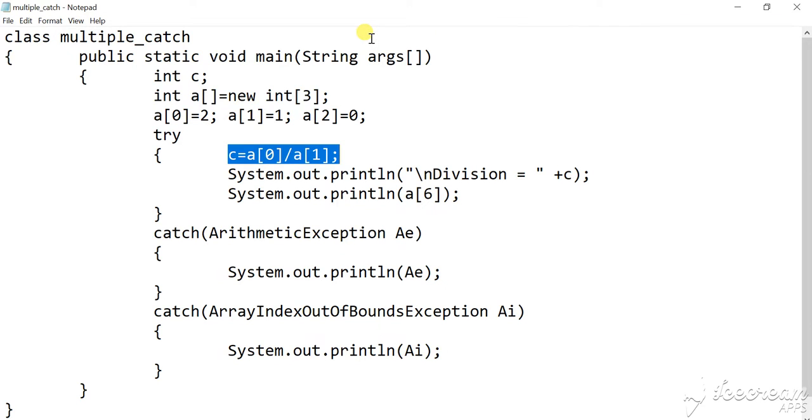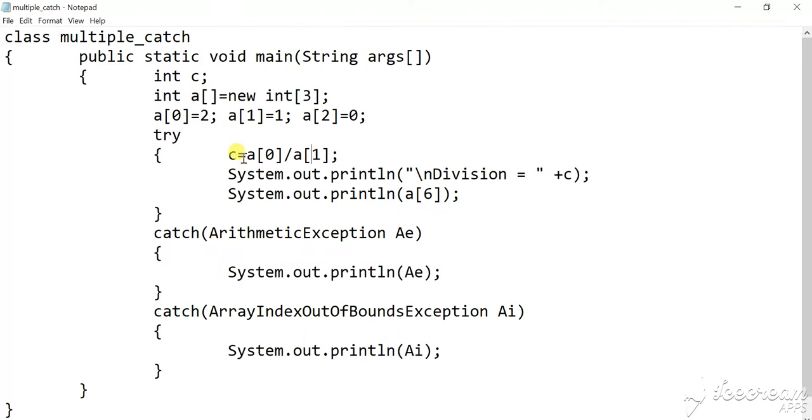So what are the two types of exception that can come here? First, any of the array values can be 0. If we divide by 0, it will give an arithmetic exception. Or if from the user end or from any calculation we get the index out of range, where the correct index values are a0, a1, a2, suppose instead of 0 or 1 we get a of 3, it will give an exception that your array is of three elements and you are exceeding the index limit.